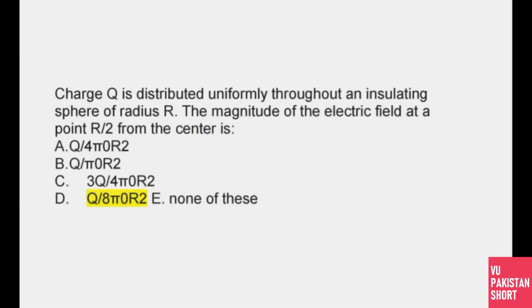अब charge Q is distributed uniformly through an insulating sphere of radius R. The magnitude of the electric field at the point r/2 from the center, तो वो कितनी होगी? वो होगी ऑप्शन नंबर डी। तो वो बनेगा Q/(4πε0R²)।